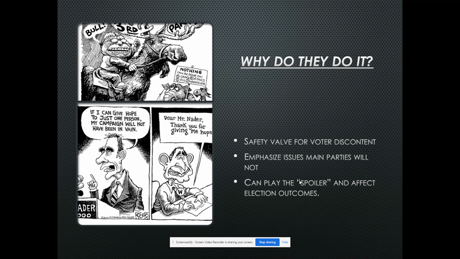So if you want to go back to, say, maybe the year 2000, Ralph Nader was the Green Party candidate, and won over 3 million votes, including thousands and thousands of people that voted for him in the state of Florida. If you guys remember, in 2000, it all came down to whoever won Florida would be the next president. And over 6 million votes cast, less than 600 determined the winner, and that was George W. Bush. Had Ralph Nader not been in the race, who knows? I mean, maybe those voters don't vote, but I guarantee you they're not voting for George W. Bush because that's the opposite end of the spectrum. Could have influenced the winner.